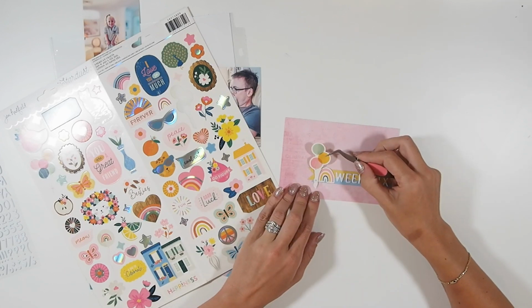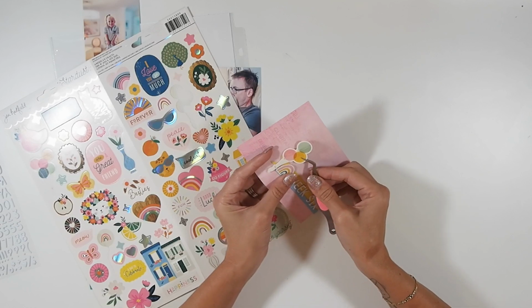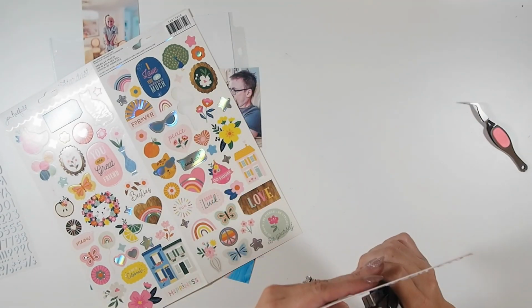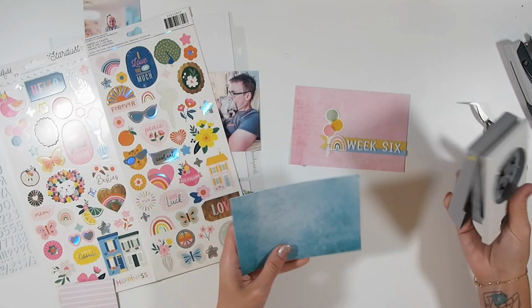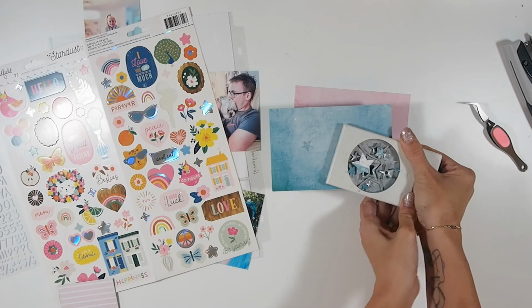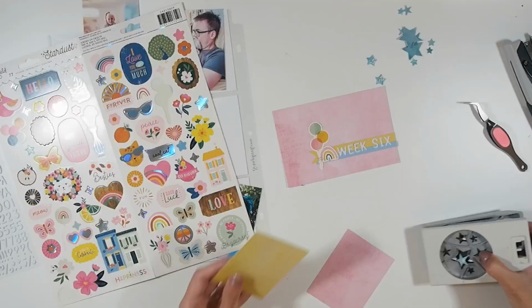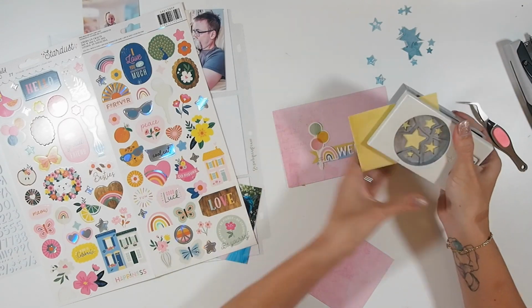Now, as I have been chatting away, I am just going to decorate this title card. This is kind of what I'm talking about when I said I was struggling. I just didn't feel very confident in my choices, and I wasn't 100% sure what I wanted to do and how I wanted to make this card look. It just took a while until I decided that I'm going to do my trusty old star embellishment clusters, where basically I take matching papers, I punch out a bunch of stars, and I stick them down because that